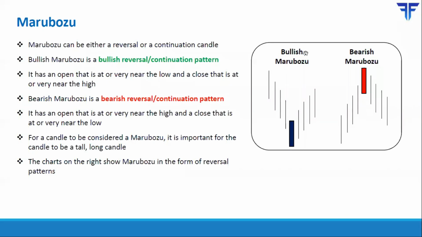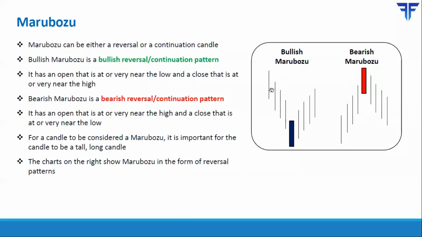In the daily time frame, how would a Marubozu appear? If it turns out to be a reversal pattern, it would appear after a decline in price, open with a gap down. That opening will be the low of the day. Then you have a very strong rally during the day, and the closing will be near the high of the day. So as you can see, there are no shadows above and below the real body. It's just the real body. The opening is equal to the low, and the closing is equal to the high.